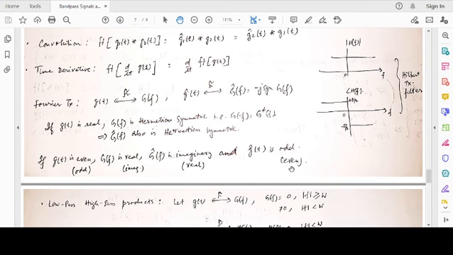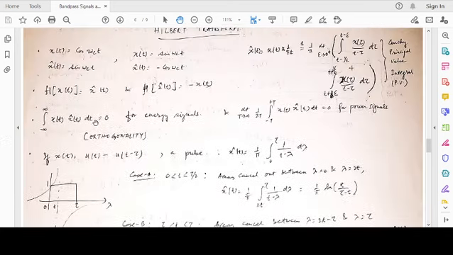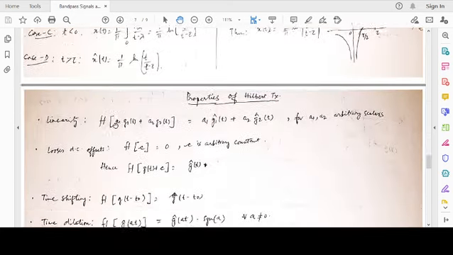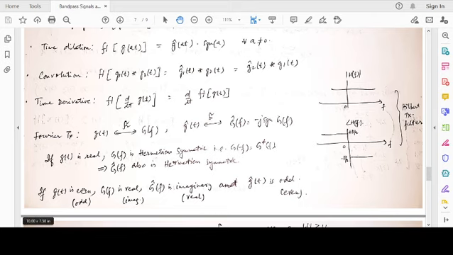Okay. Now recall the orthogonality property. We said g(t), g cap(t) or x(t), x cap(t), they are orthogonal to each other. It can be very easily explained from here, because for an even function, its Hilbert transform is odd, and for an odd function, its Hilbert transform is even. Any function can be written as a combination of even and odd. Similarly, its Hilbert transform can be written as a combination of odd and even, and you can derive the results. Okay. So this is a very important conclusion on the properties of the Hilbert transform.